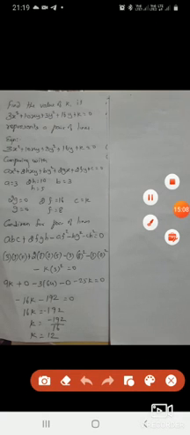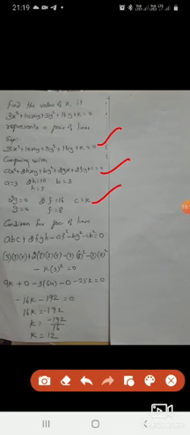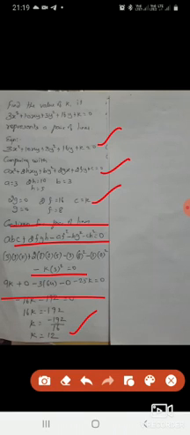Now, for the other sums, find the value of k and so on. Here it is already given that it is a pair of lines. That means it will satisfy the necessary condition, the condition ABC plus 2FGH and so on equal to 0, which we know very well. So listen, here we compare, get the values, and apply the condition, and the missing value k is easily found. Now, if two missing values are there,